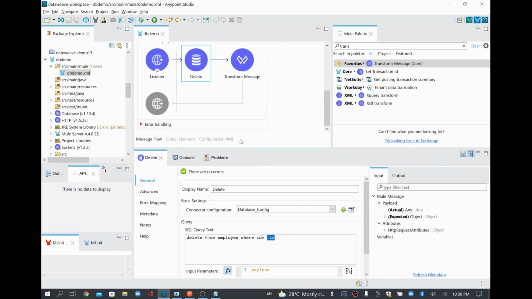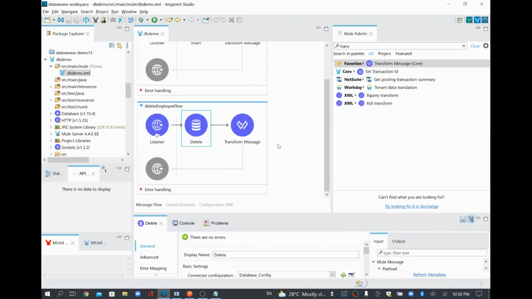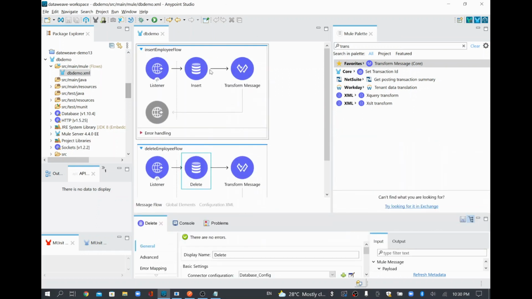So this way you can delete records from any table. Whatever we are doing here, I am doing the exercise with the help of an Oracle database, but it will be the same for any kind of database. Even if you have any other database like MS SQL or MySQL, everything will be the same. The only thing is you will choose the appropriate connection, and then add the appropriate jar file so that it can easily talk to your database.